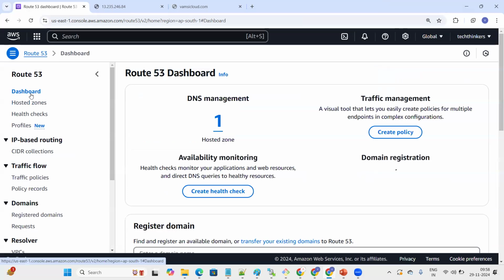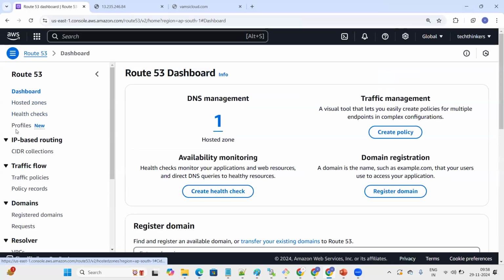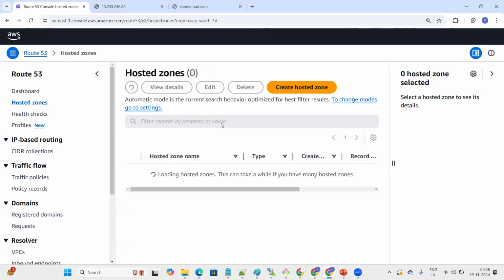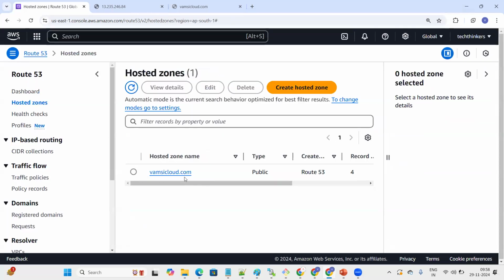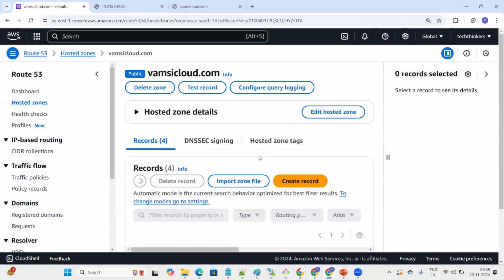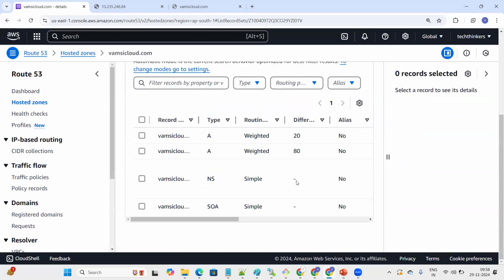Okay. So what we did for now, you can see the dashboard. I have a hosted zone. This is the domain name that we have created and how many records I have attached. I have created two new records. One is with 80%, the other with 20%. So 80% of the traffic I am sending to one server, and the remaining 20% I will be sending to